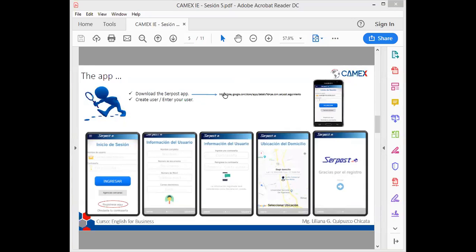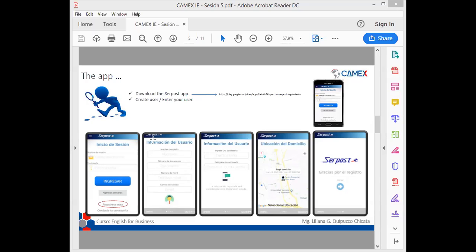Okay. So once we are able, in a couple of weeks, to go and download the app, we're going to see this option. First, this is the first screen that we're going to see, and we're going to create user, that is in here. Then after you click on create user,